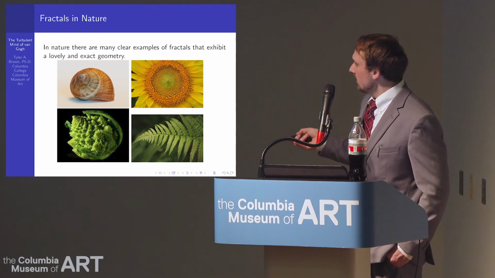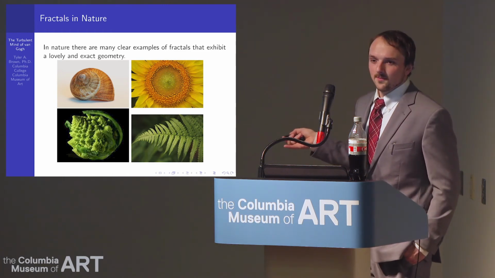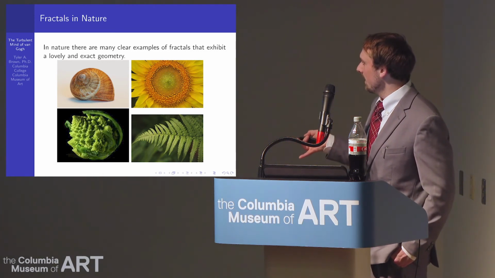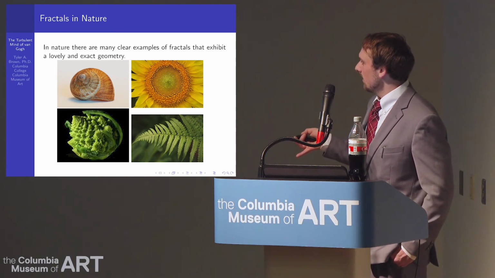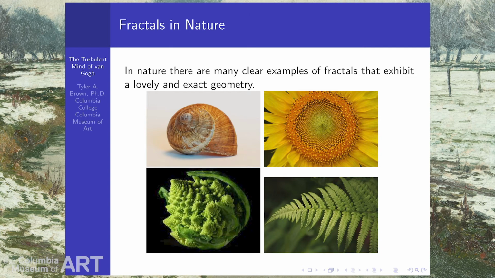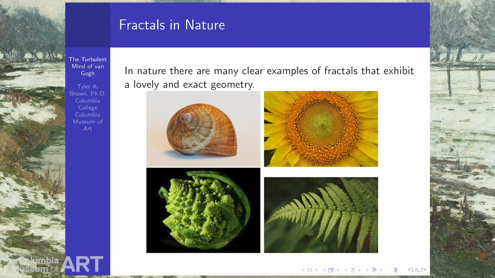This little broccoli looks like a machine created that. It's amazing that nature was able to produce that. So you have your main cone of this broccoli, and then you have these little subcones that if you chopped off one of these little guys, it looks like the entire broccoli. So here you have a fern. This is like the quintessential fractal in nature. Big frond with little fronds coming off of it. Take each of the little fronds, they have even smaller fronds. So each of the leaves looks like yet another fern. These are more geometrical examples of fractals in nature.